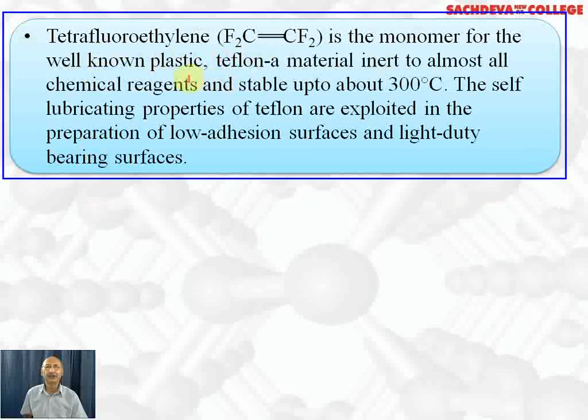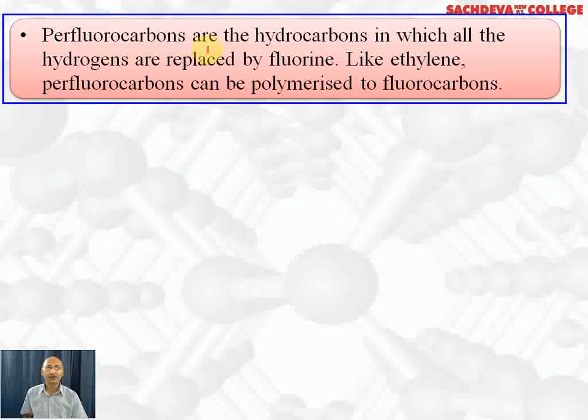It is used in non-stick kitchenware because it is inert to chemical reagents and stable up to 300 degrees centigrade. The self-lubricating properties of Teflon are exploited in the preparation of low-adhesion surfaces and light-duty bearing surfaces. Even your car surfaces are Teflon coated so that they do not get rusted. Your non-stick kitchenware is Teflon coated. Perfluorocarbons are hydrocarbons in which all the hydrogens are replaced by fluorine, like ethylene perfluorocarbons, which can be polymerized to